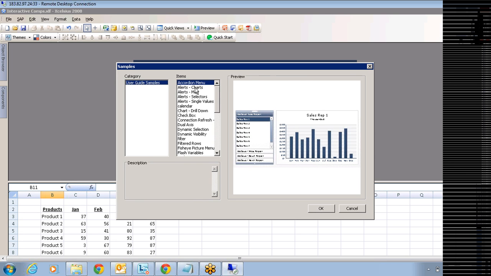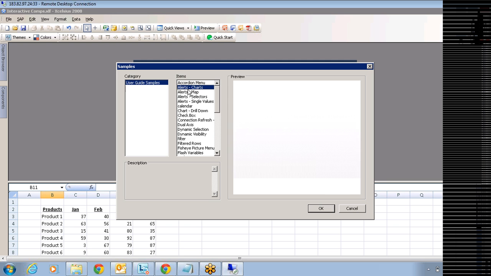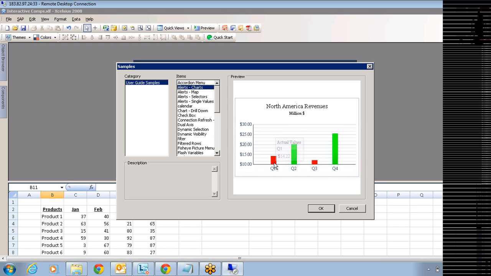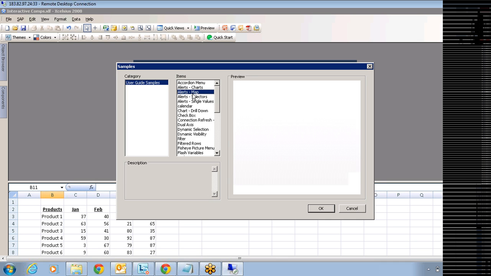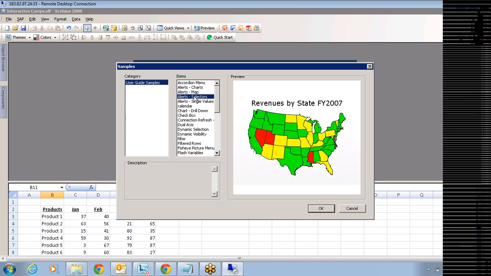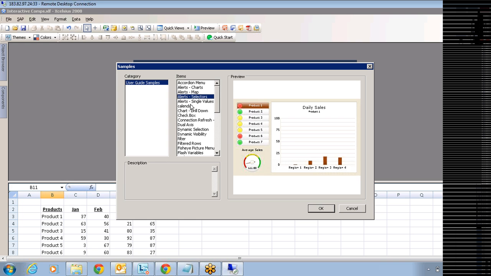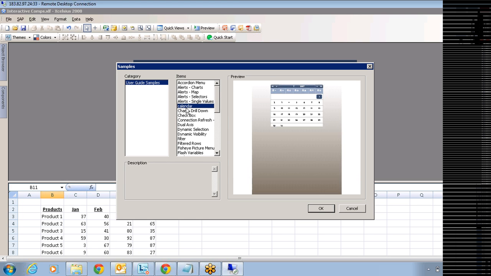These are all pretty straightforward. Each and every component's use. For example, as soon as I select accordion menu, it's showing the use of the accordion menu. See the left hand side, you have a selector called accordion menu. Based on the values that you choose, it's going to populate. And alerts in chart, how do we enable alerts? Highlight some data in red color and green color. Alerts on maps, alerts on selectors, calendar,